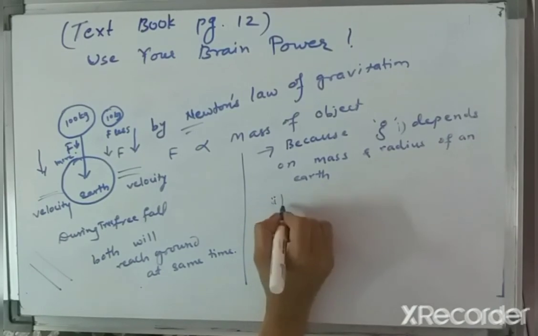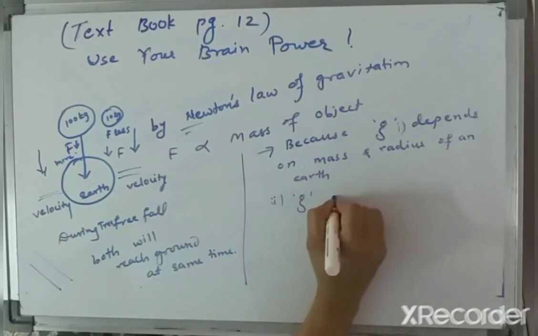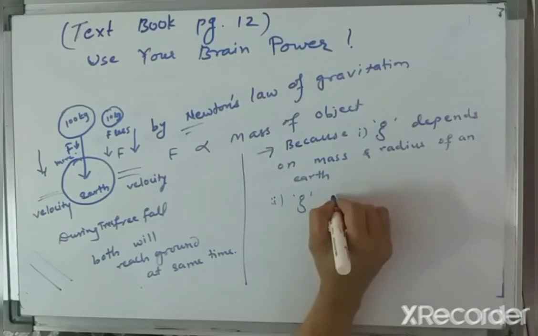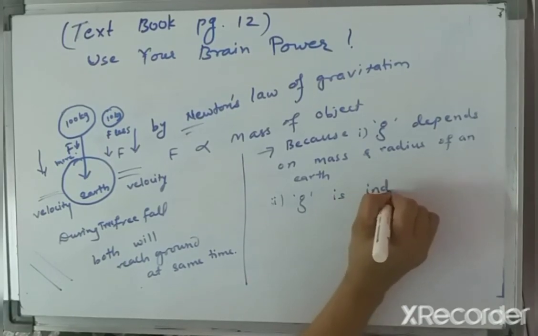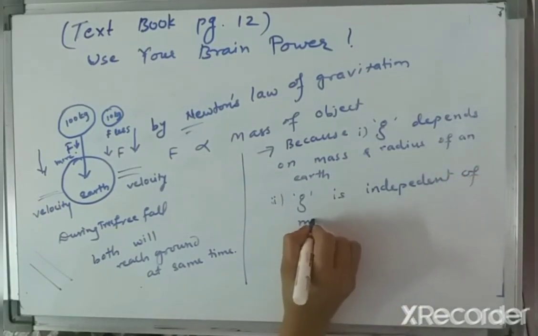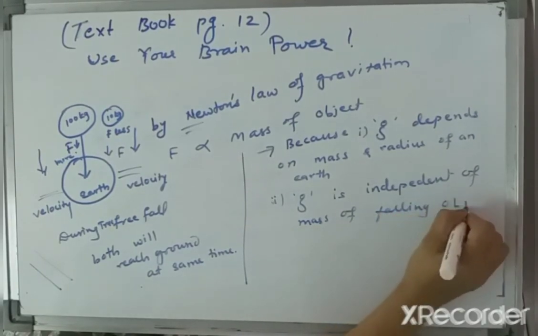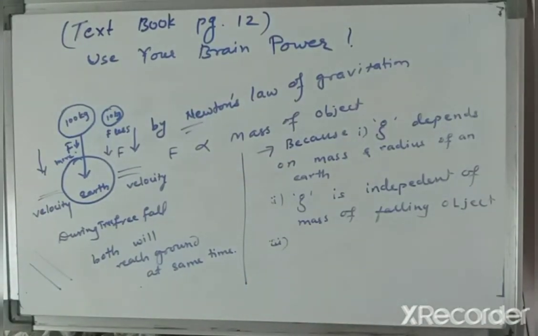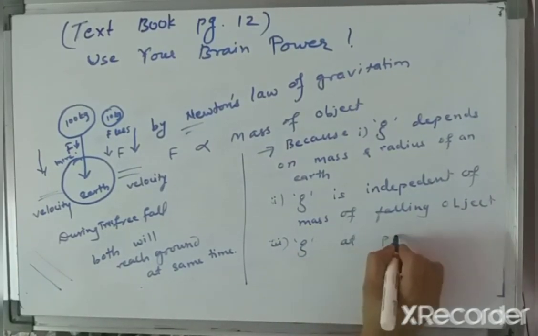Then the second reason, the very important reason: g, that is acceleration due to gravity, is independent of the mass of the falling object. And the third reason for this question is that the value of g at a particular position